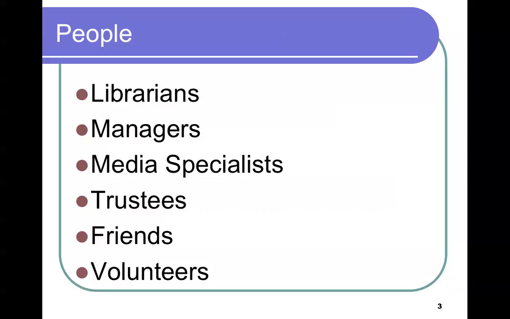Friends are the people who make donations to the library and support the library. So it's also important to make a connection with them, because of fundraising, which is one of the lectures down the road in this class. We need to keep in touch with our friends,